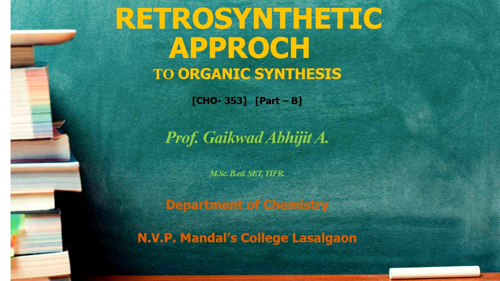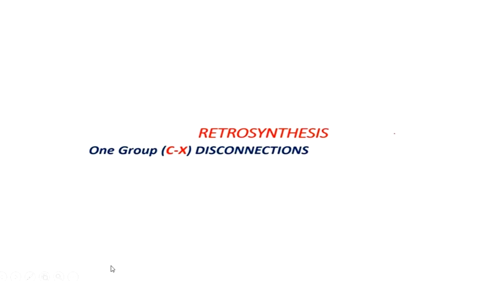So let's start our lecture. The first topic is one group disconnection. Previously, when studying one group disconnection, we studied different methods by which we can fragment a given molecule through the heteroatom carbon bond, or through breaking of a sigma bond into different radical fragments or different synthons. After that, we studied how the mechanism of the reaction could proceed. So one by one we can study that reaction and mechanism.